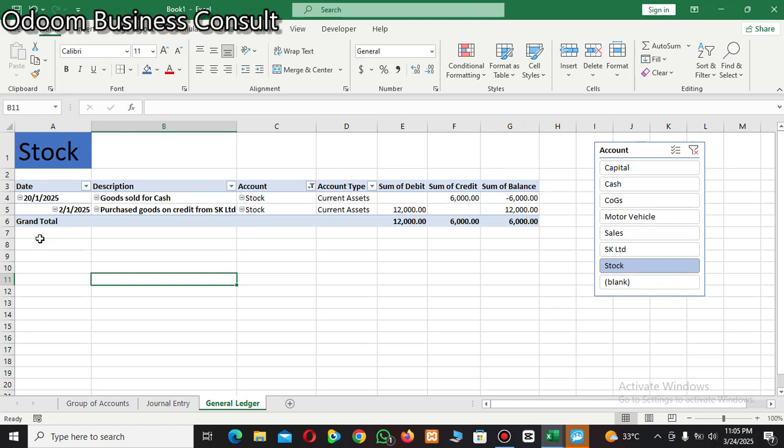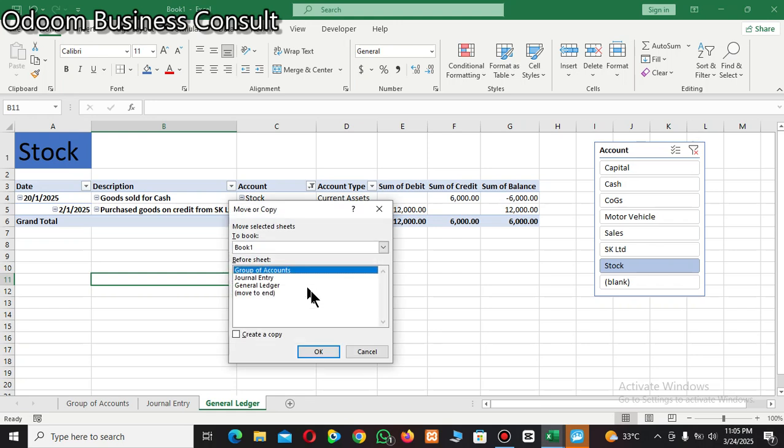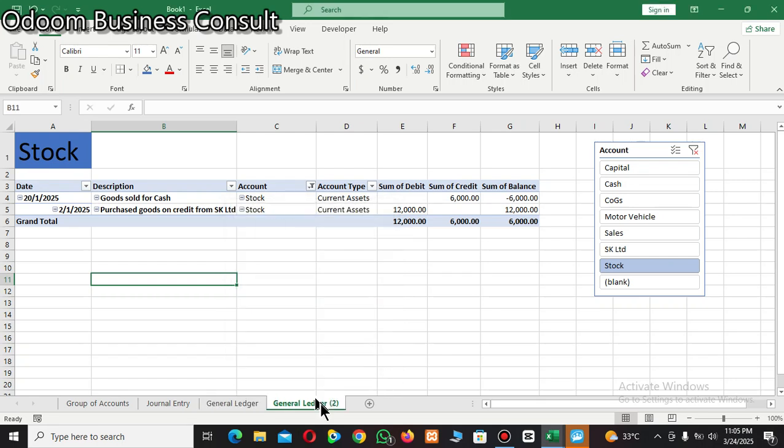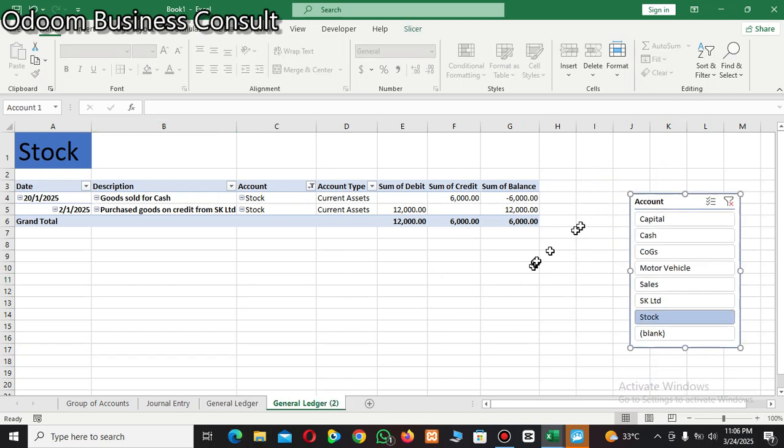What is left now is how to extract trial balance. So let's see how we can do it. Just click on this, move to the end, create a copy, and click OK. Okay, so we have a copy of this. Okay, so here what you can do, click here,